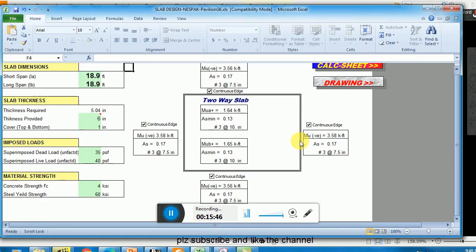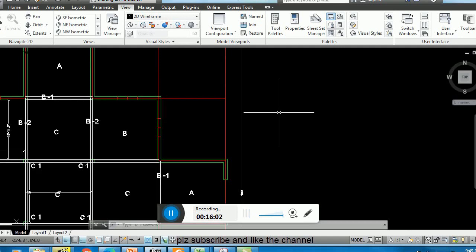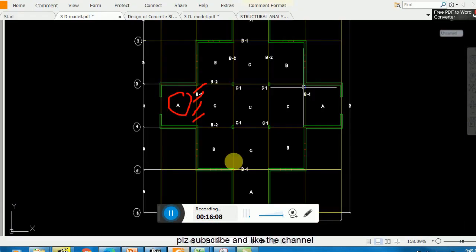So let's see the discontinued edges, like this one is continuous and this one is discontinuous. Okay, this one is discontinuous. Now you see the maximum moment here at the continuous edge. So this is a critical analysis. Remember, whenever you are working on a site, this is very important for you, that if you are, for example, a site engineer and you face such a situation that there is a wall on 3 sides but there is a beam, and they are providing top reinforcement and its